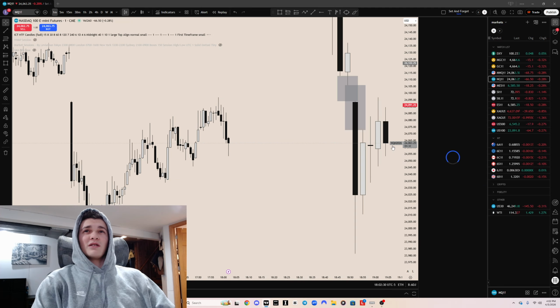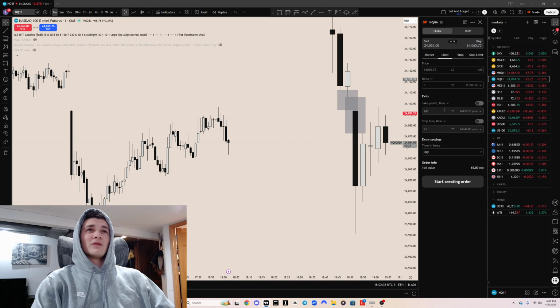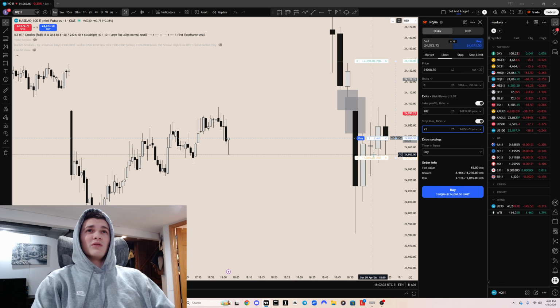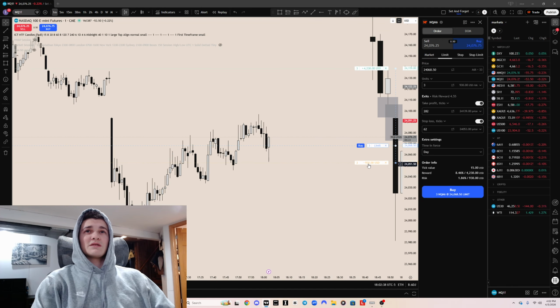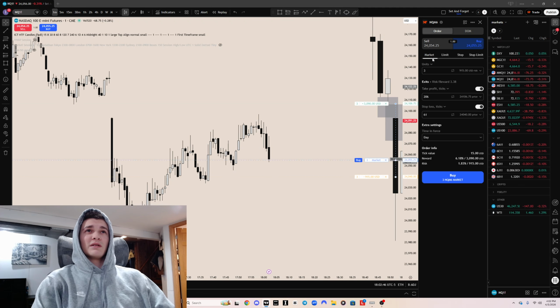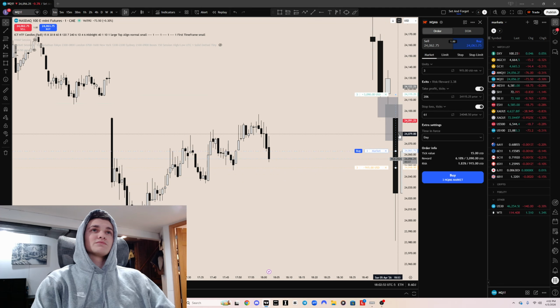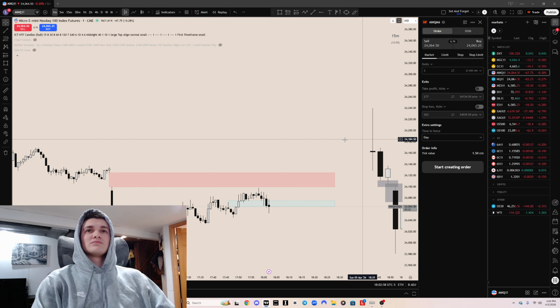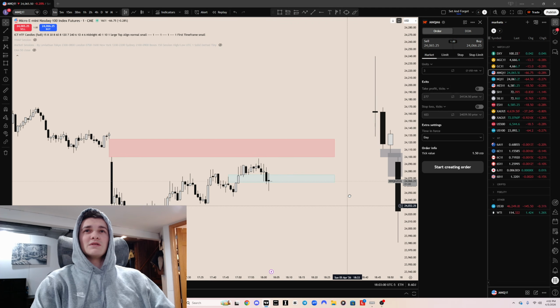So let's go on this, though, because we need to be on NQ. NQ with 3 contracts, risking 1,000, going for 3,000, which would be filling in this gap pretty much completely. So, yeah. Let's just see what happens here.